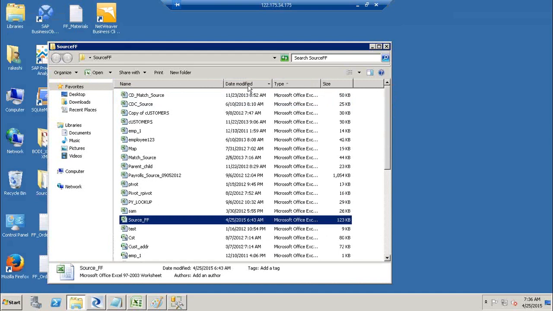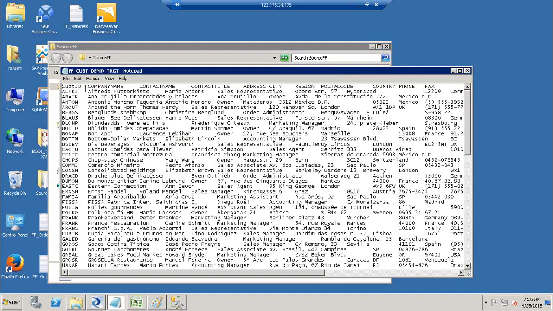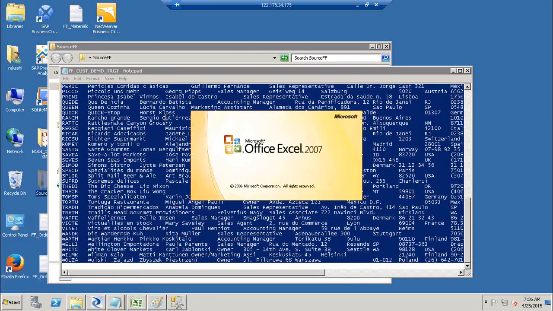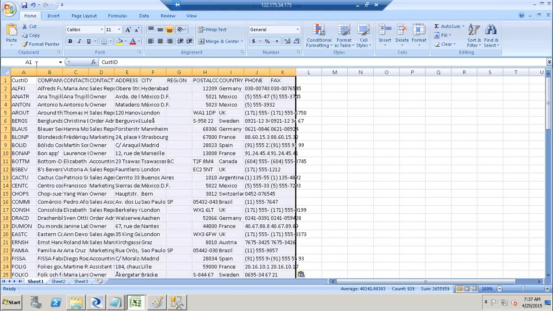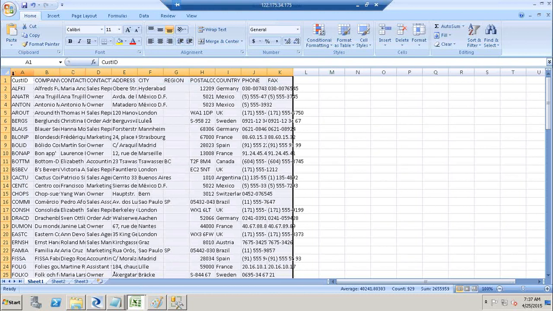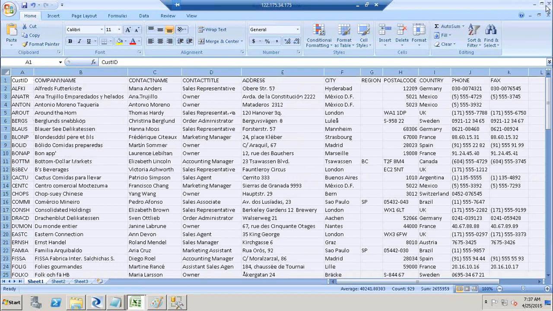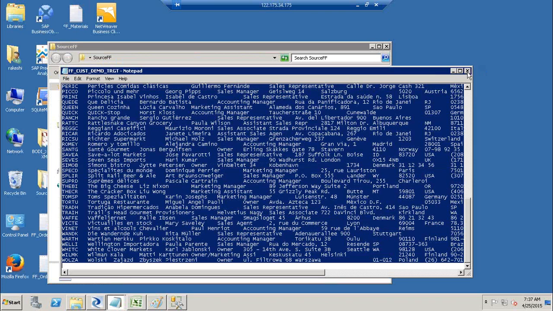Alright, this is the file that we created. We read the data from a pipeline delimited file, and we wrote that into a tab delimited file. So if you want to look at the data, you can copy that and open a spreadsheet, and you can paste the data there. Right, so you can see it in the right format. So even if you have a pipeline delimited file, if you want to look at that data,